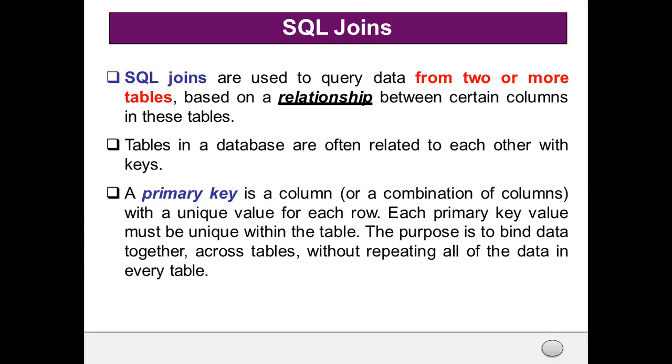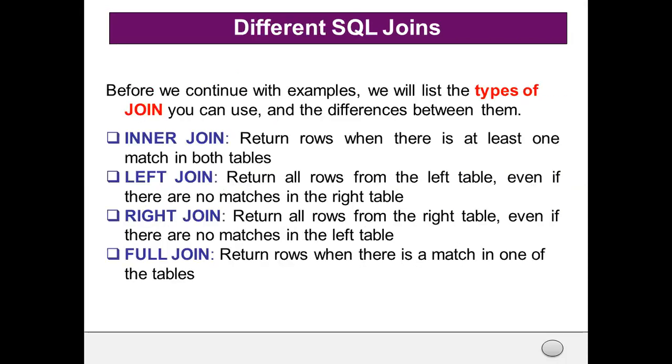As I mentioned in the earlier classes also, the primary key is the key which is unique to everyone. For example, if we have a student record database, then the roll number is the primary key because the roll number for every person will be unique, which is not the case with the name, of course, because two persons may have the same name, but it is not the case with the roll number. Okay, so it is the primary key.